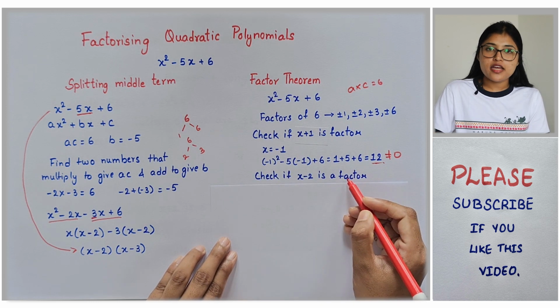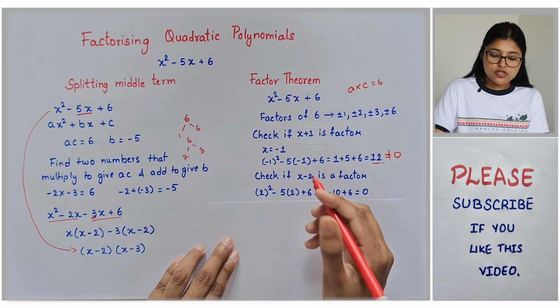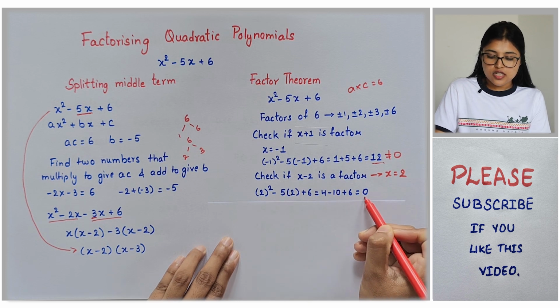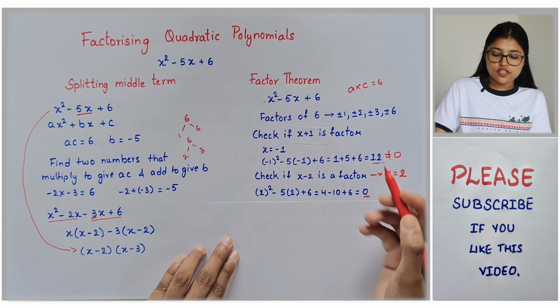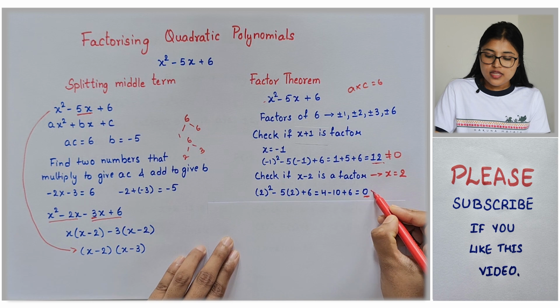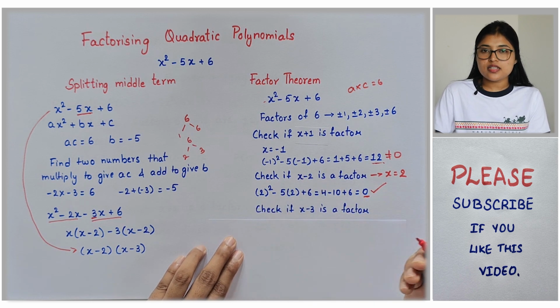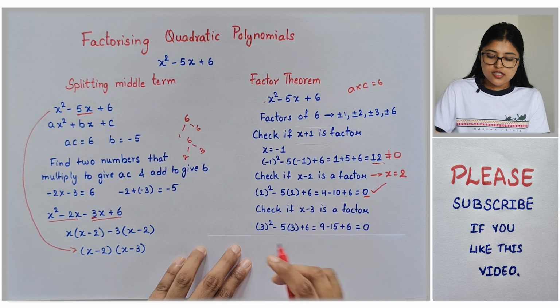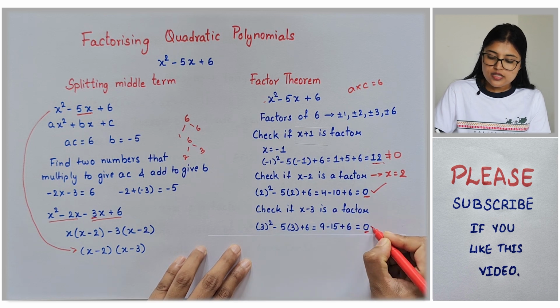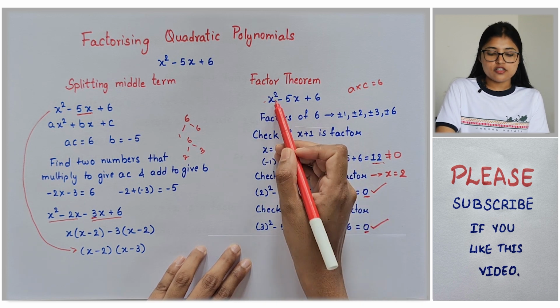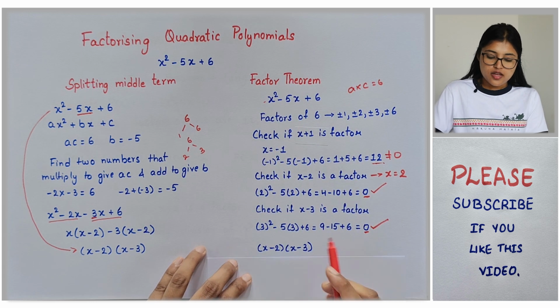Now check if x minus 2 is a factor. So I have to substitute x equals to 2. Upon substituting x equals to 2, this expression becomes 0. So yes, x minus 2 is a factor. Now check if x minus 3 is a factor. So upon substituting 3, the value is again 0. So x minus 2 and x minus 3 are the factors of the given expression, and I can write it